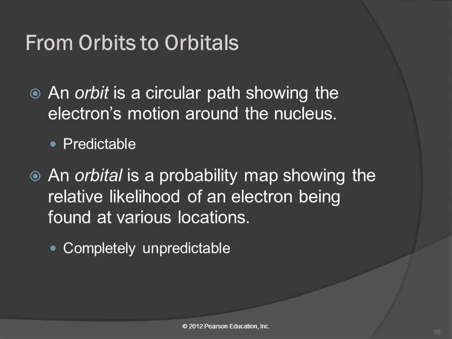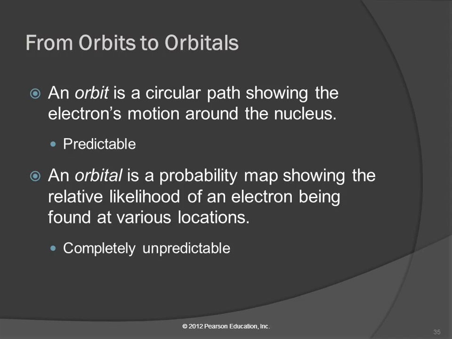So an orbit from the Bohr model is a predictable circular path that the electron goes in, and we can predict its energy and its velocity and all kinds of great stuff, and we felt really comfortable with that. But unfortunately, that's not what electrons do. And this is part of why,